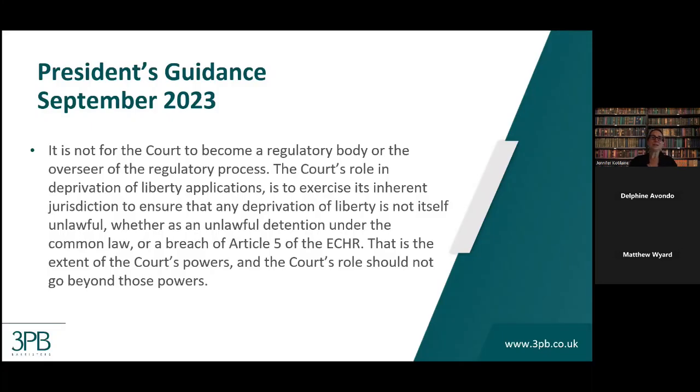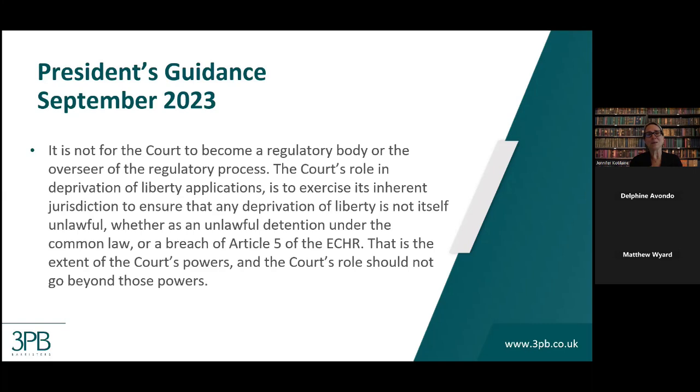The president's guidance has been revised. There had been guidance that was originally published in 2019, and that was very activist. There were all sorts of things that had to happen in respect of trying to get these placements registered, and there were requirements in terms of notifying. The local authority had to notify either Ofsted or Children in Wales, and then there had to be follow-up hearings about the process of becoming regulated.